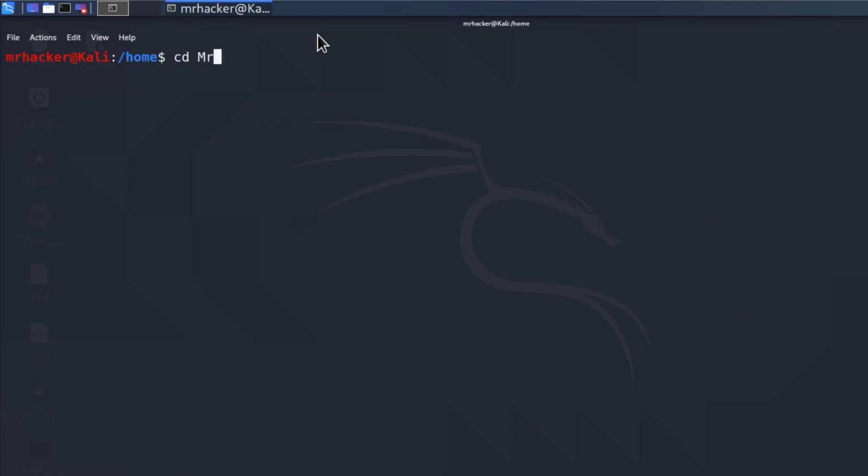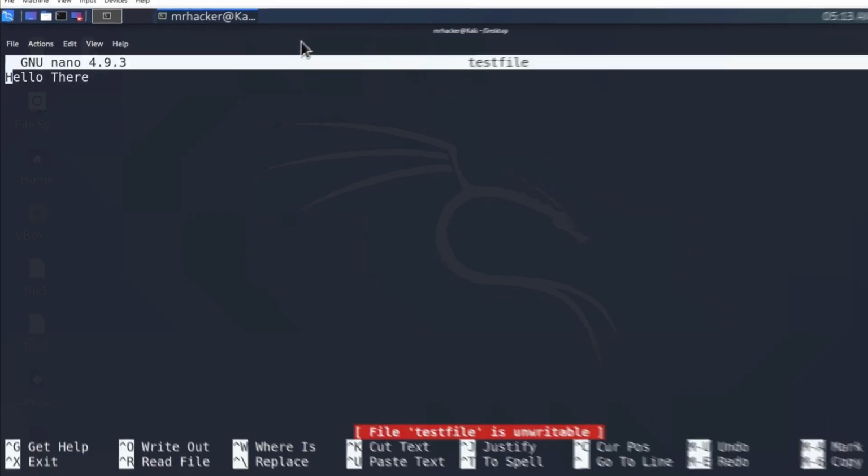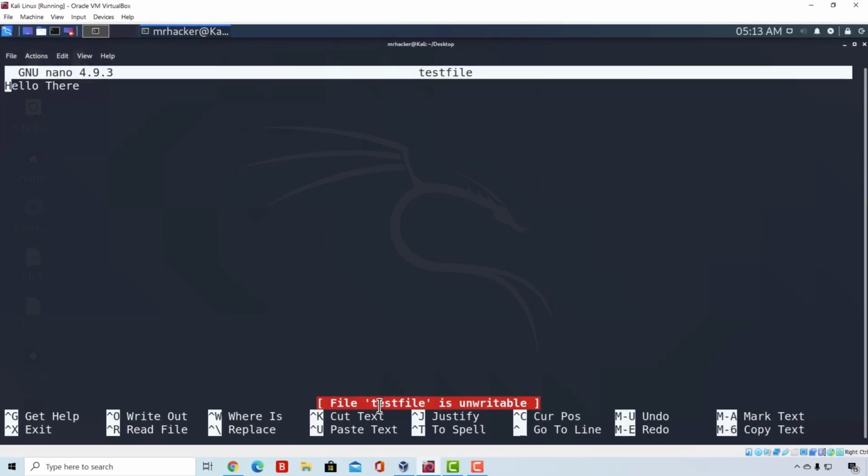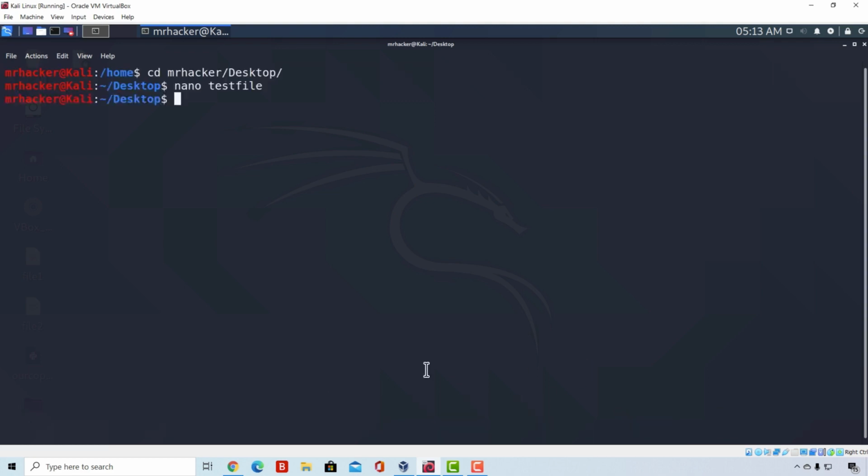We first need to go to the desktop directory, so let's go to the Mr. Hacker and then desktop, and we nano test file. It will tell us once again, file is unwritable. Only the root account can edit it. And this is something you will encounter a lot, so it is really important next time you see either something like command not found, or write protected file, or this requires root privileges,